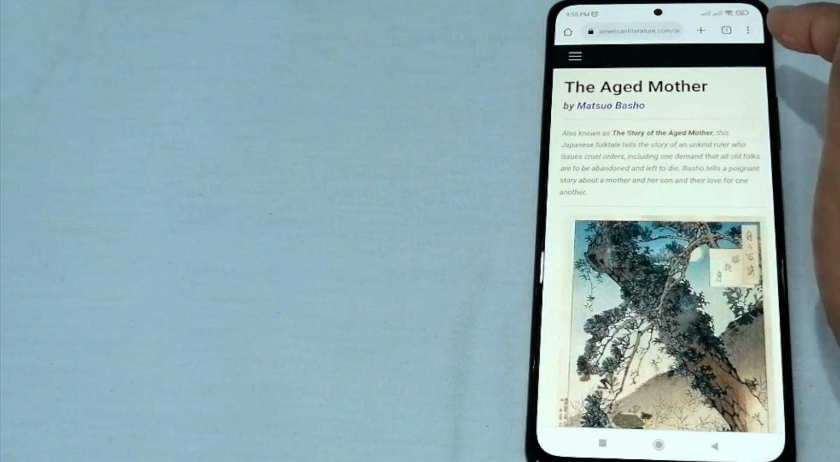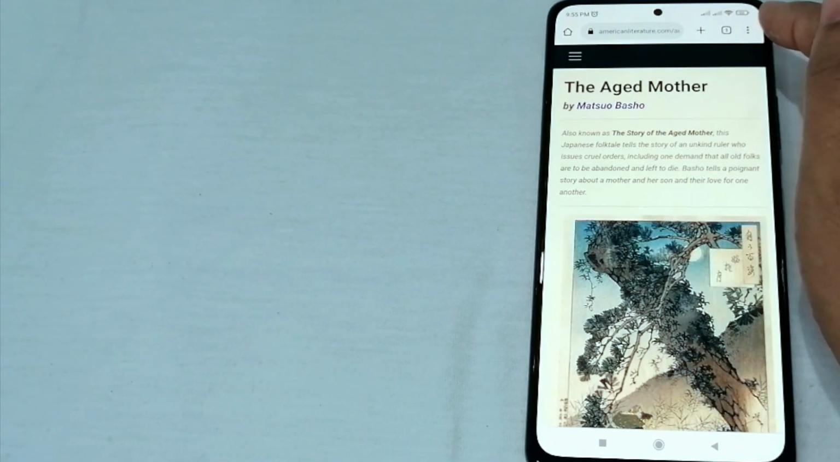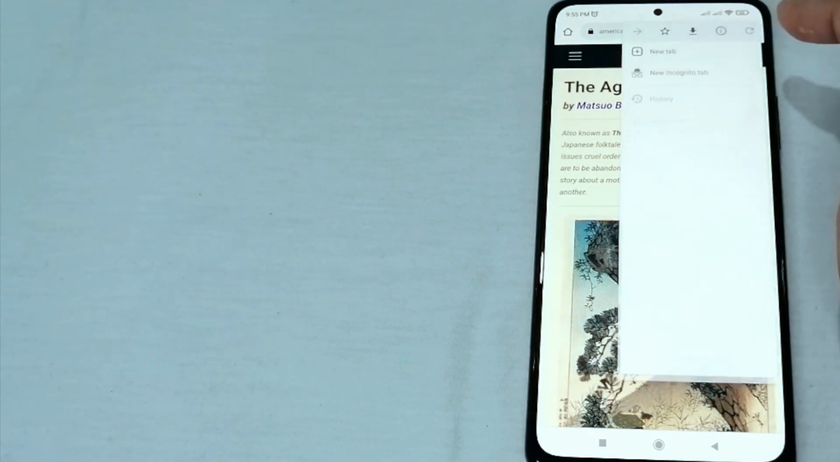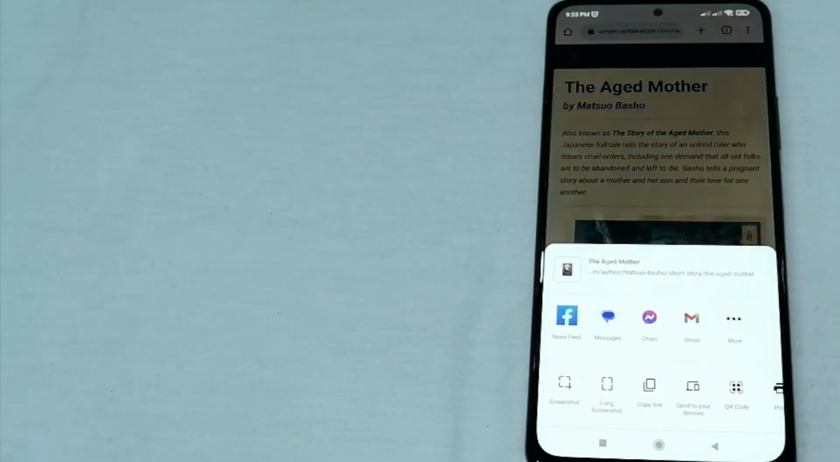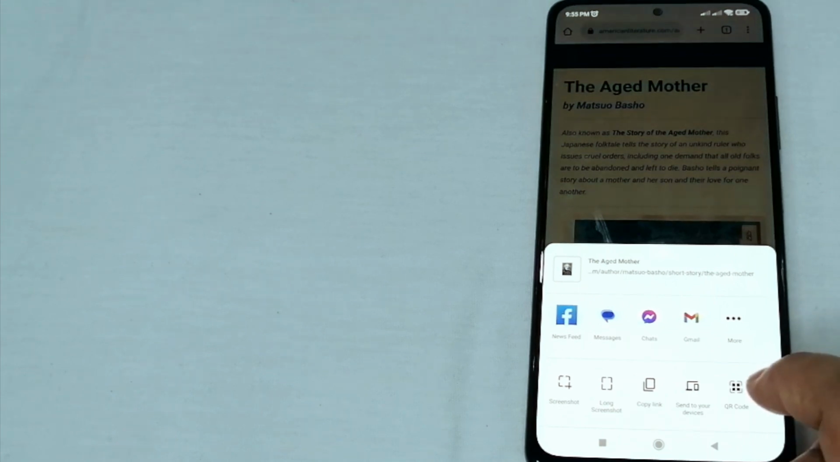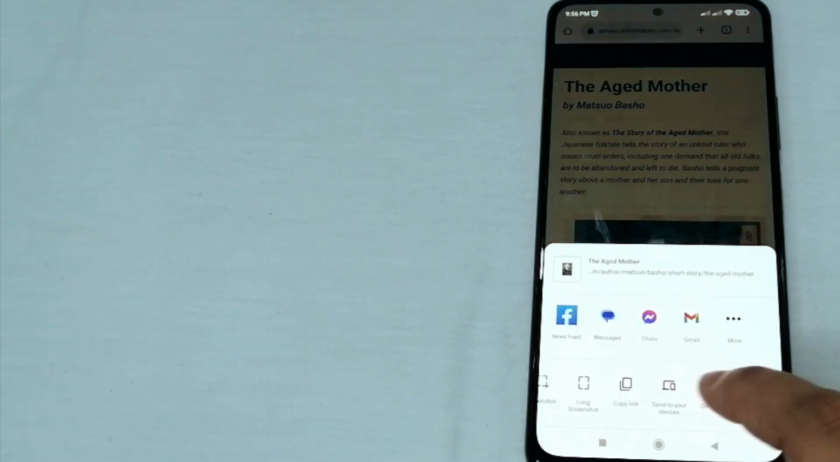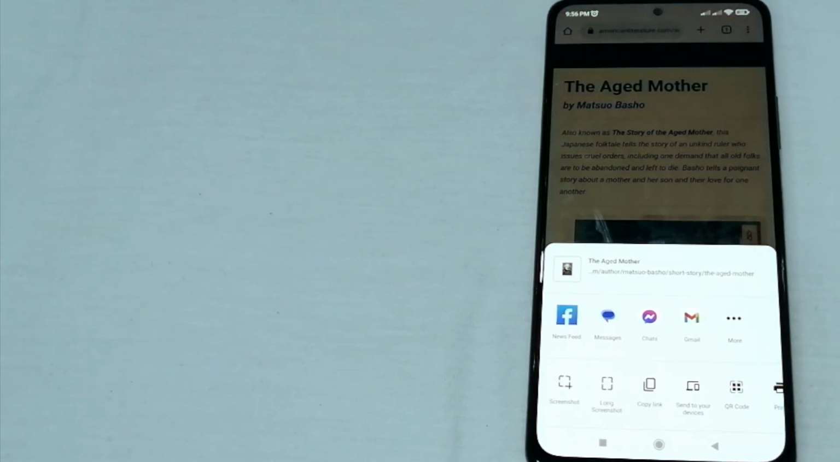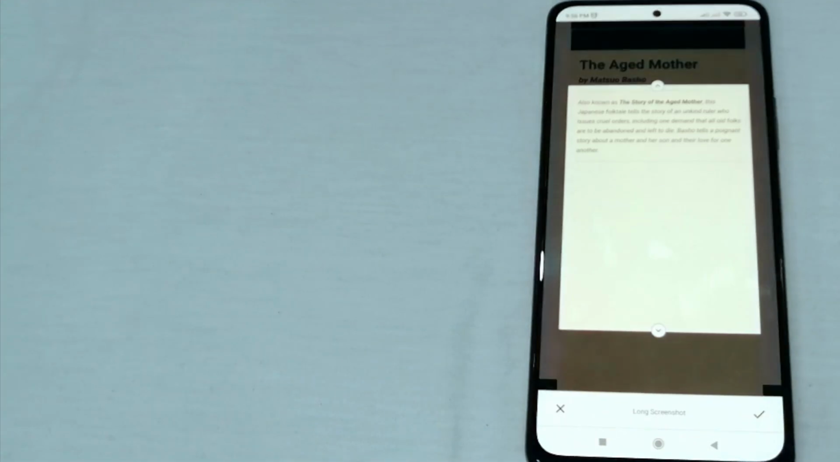At the upper part of the screen, there is a setting. Here, this three dot. Just click it and then click share. Now, there are different icons here below: the screenshot, long screenshot, copy link, send to your devices, QR code, and then print. Now, since we are talking about the long screenshots, just click this one, and then